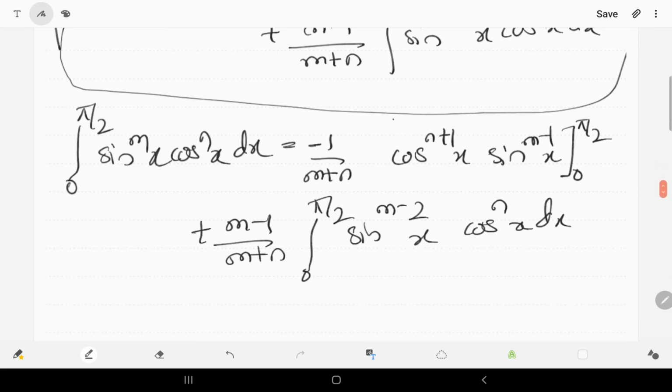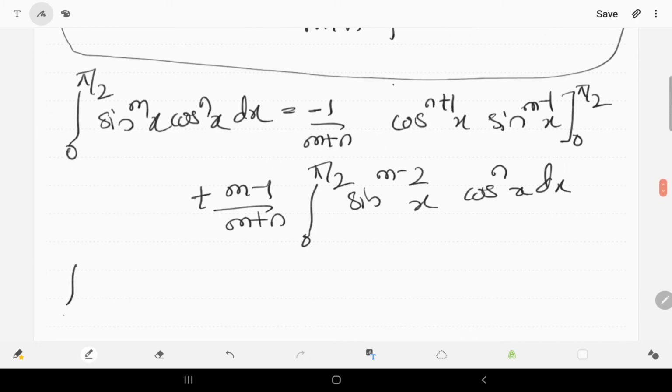Now, if you put upper limit pi by 2, cos of pi by 2 is 0, so the whole value at the upper limit is 0. If you put 0, that is the lower limit, sin of 0 is 0, therefore the whole value is 0, the first term. Therefore, it is equal to